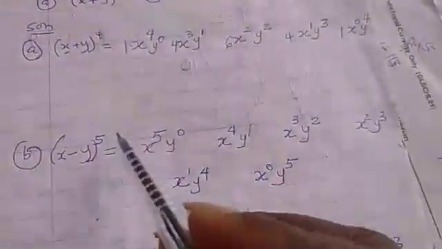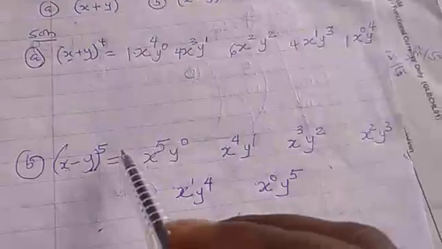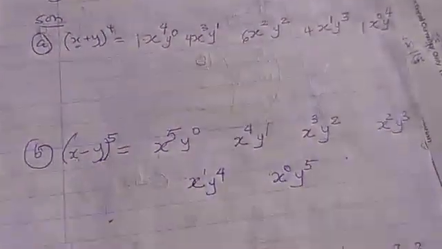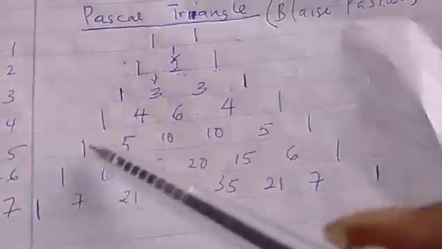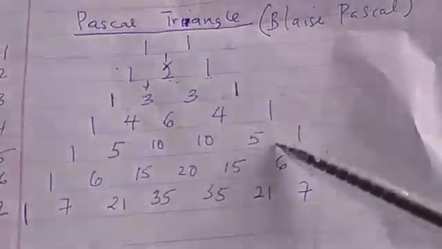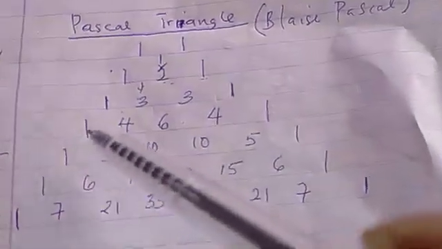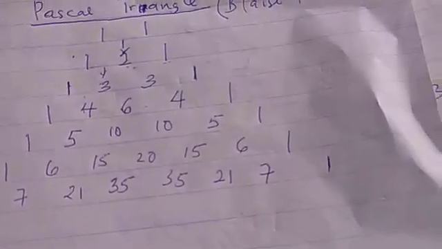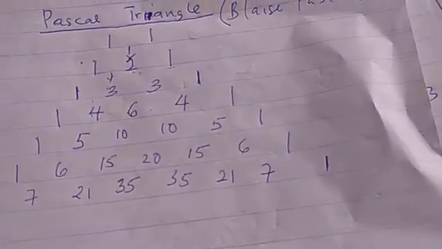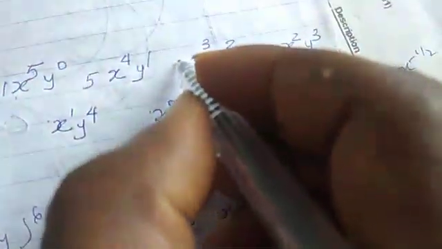That's the second step. When n is 5, you check the Pascal Triangle and put the values in each of the terms. The Pascal Triangle for n equal to 5 will be 1, 5, 10, 10, 5, 1. Let's memorize it again. 1, 5, 10, 10, 5, 1. We insert it beside each of the expressions, and that will become 1, 5, 10, 10,